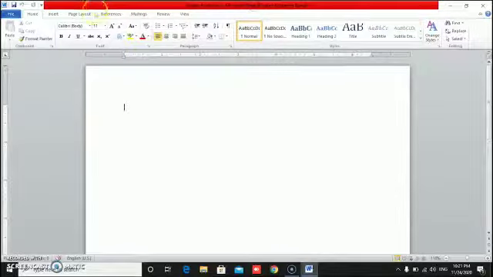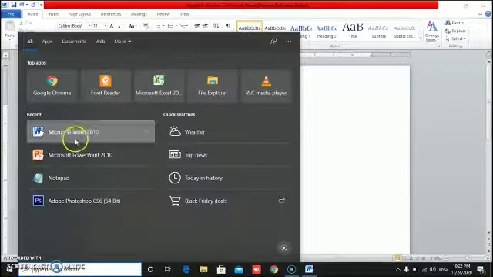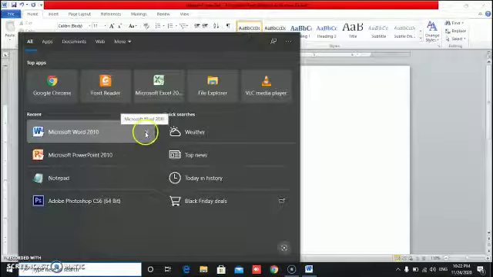Okay. Now I have told you how to open Microsoft Word by writing WinWord in the run box, WinWord Microsoft Word 2010.